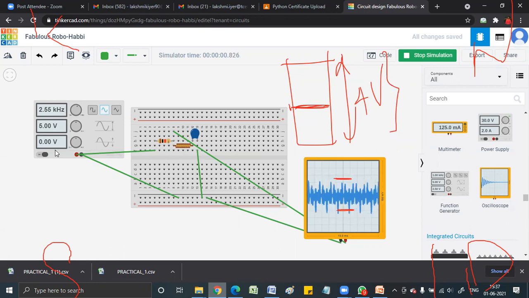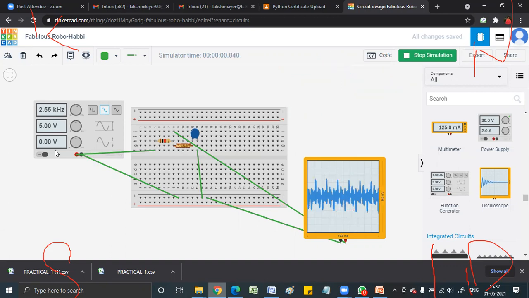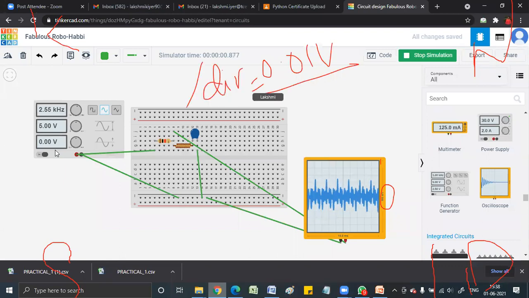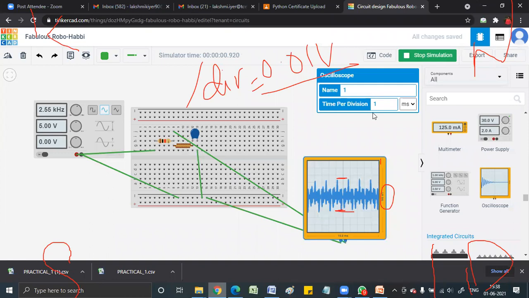So I'll keep the offset as 0 only. How much do you see here? 100 millivolt. So how much is one box? 10 millivolt. 10 millivolt is 0.01 volt. This is the per division value. How many divisions do you see? I can't see them, ma'am. It's very difficult to say, right? So what we'll do is we'll just place this bar, and try to see if I am able to. Let me just decrease this.